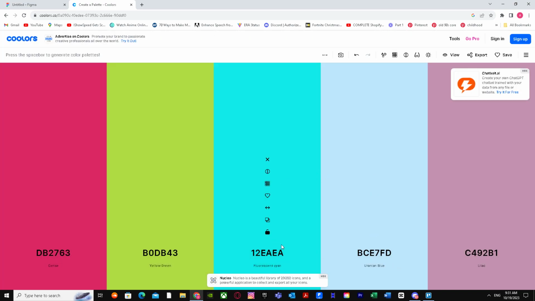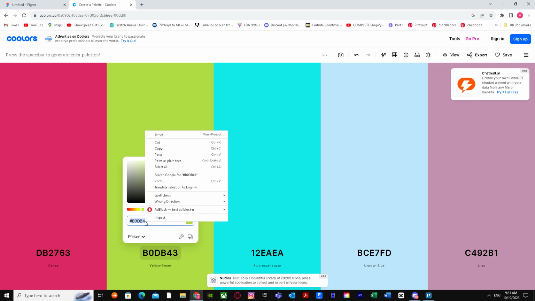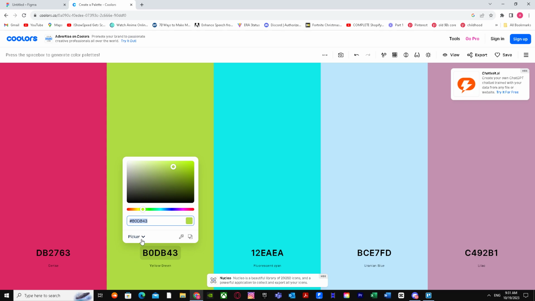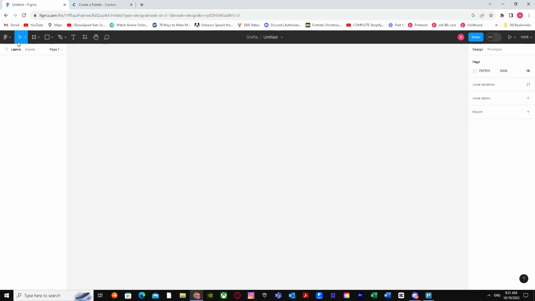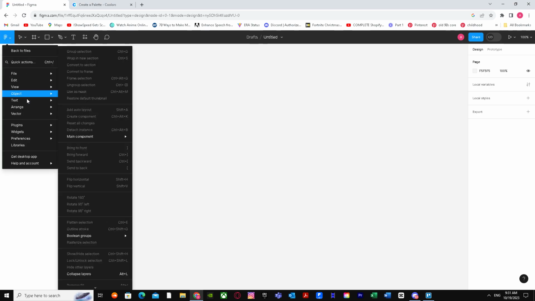So as you all can see, every color has its own number. So what you have to do is copy this. Once you've copied the number, the color, go back to Figma and go to main menu. You'll see